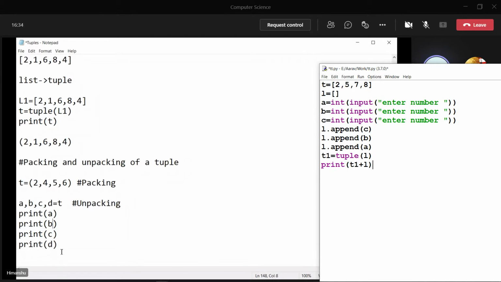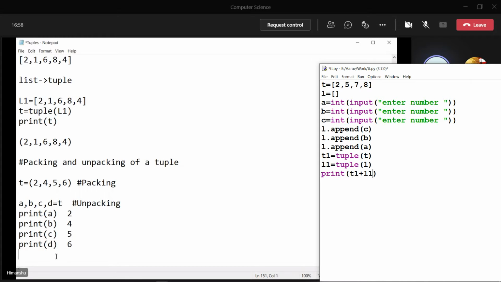This unpacking says that each element, that is 2, will get stored in variable a, 4 will get stored in variable b, 5 will get stored in variable c, and so on. So if I print a, it will print 2, this will print 4, this will print 5. This is packing and unpacking of a tuple.